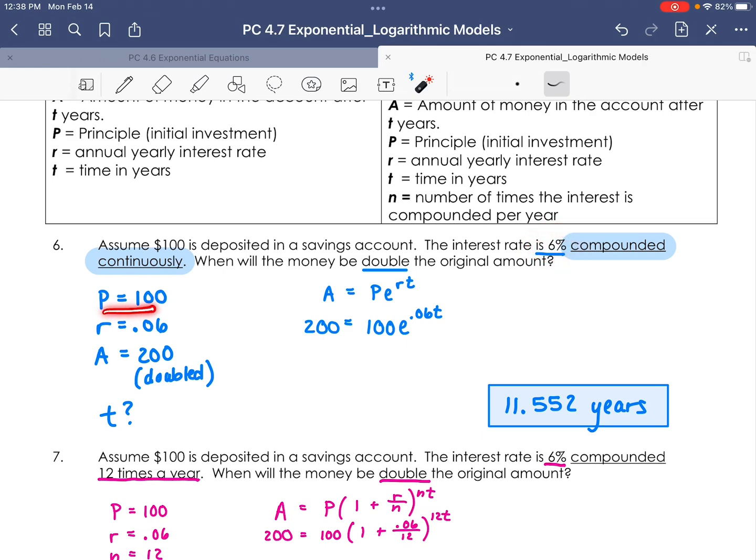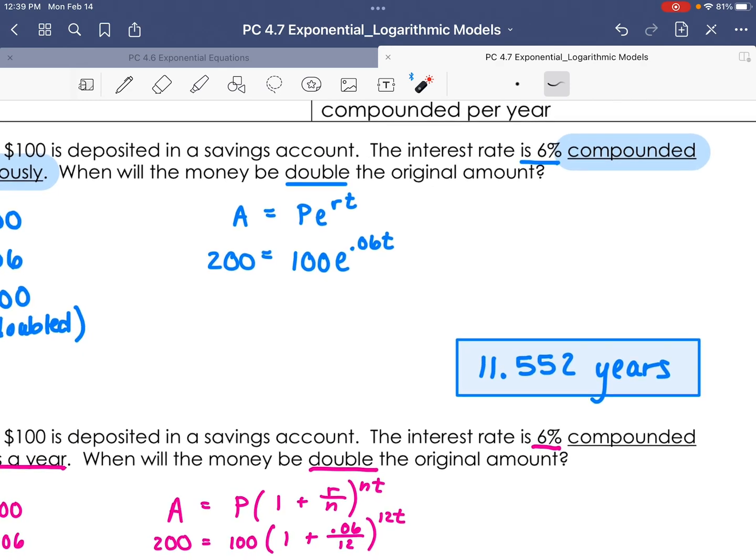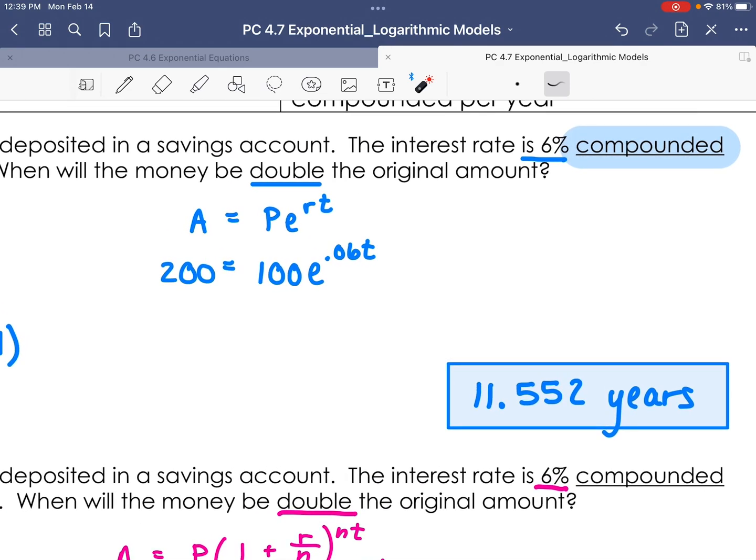So remember, P is 100. A is double the amount, so 200. Your interest rate will be changed to that decimal, which will be 0.06, and we're solving for t. So we go through our steps of solving the exponential equations. Remember to divide by the 100 first,